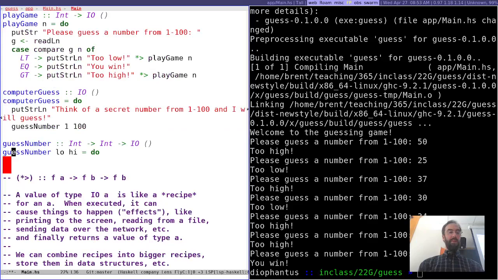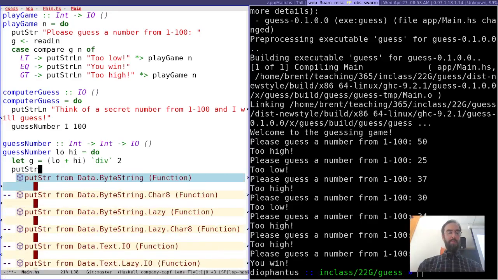there's something else you can do inside of a do block, you can also have let statements where you're just defining a variable. That's different than the left arrow thing, because the left arrow means execute this IO action and get the output of it and put it in this variable. A let is just defining this variable as this expression. I'm not executing anything. So I want to say let g equal low plus high divided by 2. This is the middle. And then I'll say put string